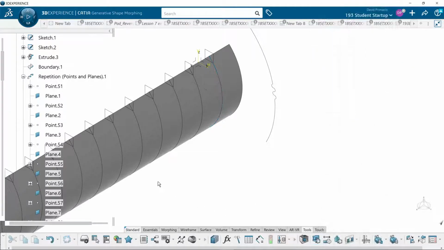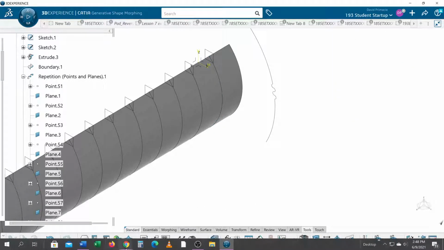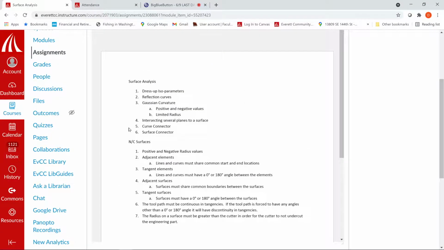Alright, so that's going to conclude what I want you guys to know about surface analysis. You take this and I want you to make pictures of everything to demo each one of these things. Also, keep this somewhere handy as a reference. As soon as you get to production, make sure you know how to check surfaces to see if things are right. If you can catch these errors, you've got a real good chance of being able to get a surface